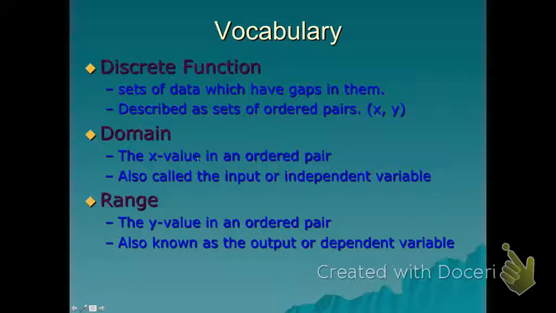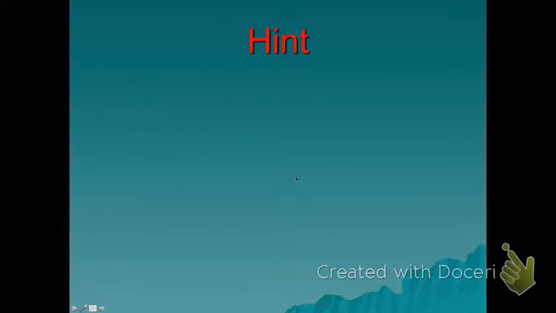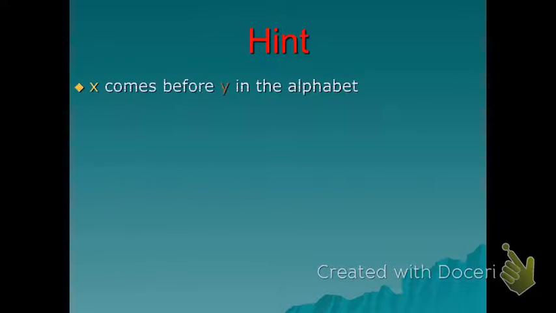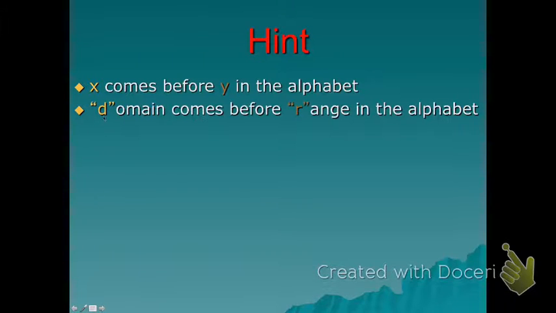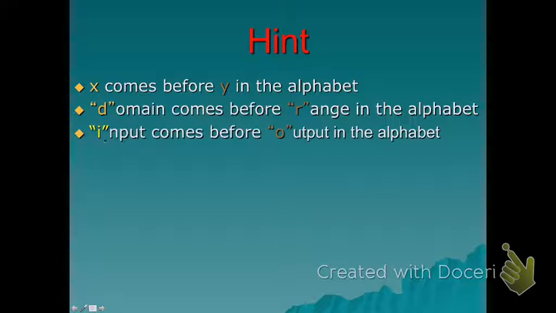So right now, we've got a lot of different words and a lot of different things that kind of go together. Let me try on the next slide to give you a hint as to how to remember which goes with which. The first thing that I think about is that X comes before Y in the alphabet. And the D in domain comes before the R in range in the alphabet. And then the I for input comes before the O for output in the alphabet. Therefore,